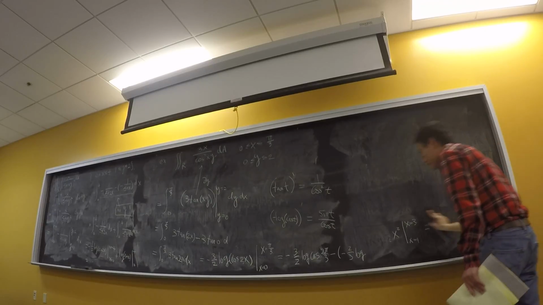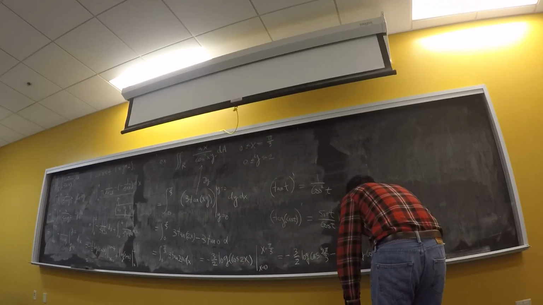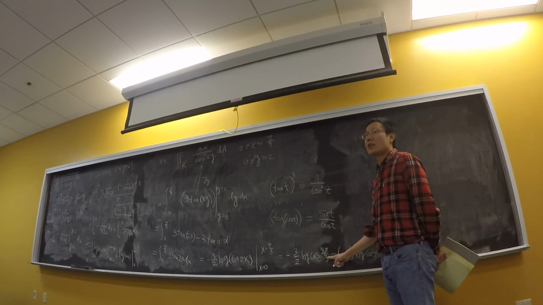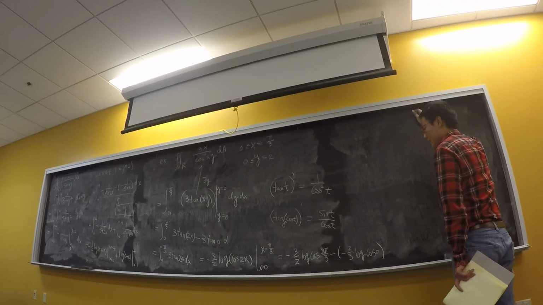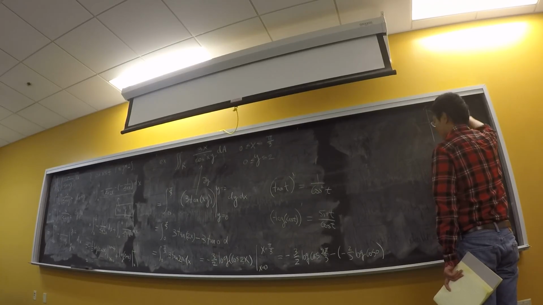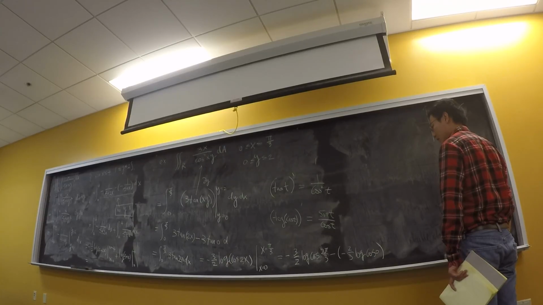Cosine 0 is just 1, but log 1 is just 0. So the second part is going to disappear. The first one, cosine 2 pi divided by 3 is going to be, what is cosine of 2 pi over 3? I'm going to get a negative